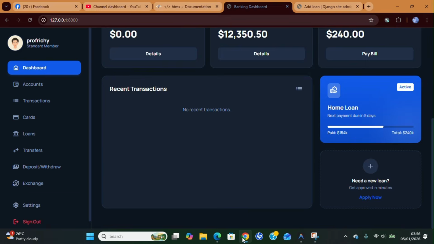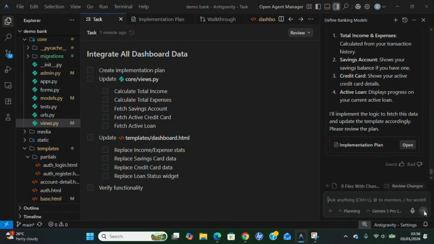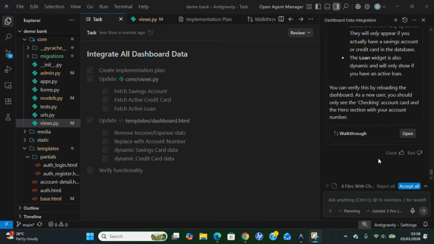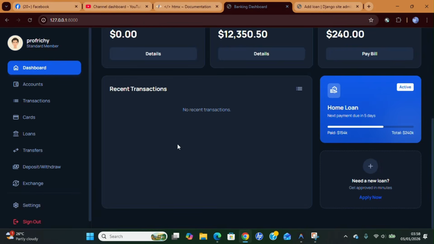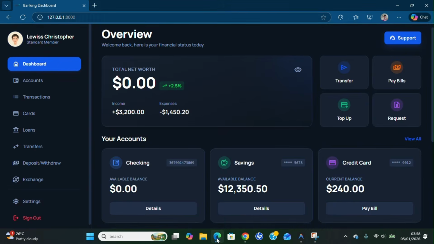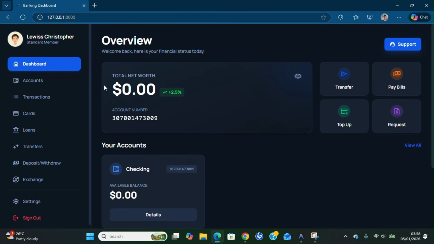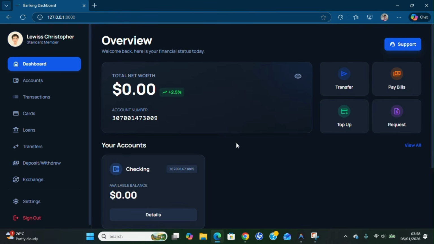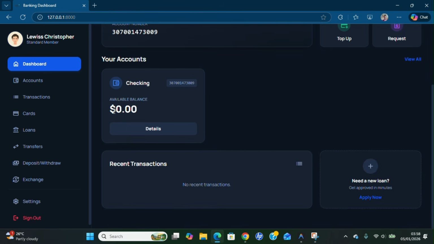So let's go back there and let's wait. Let's hope that it has done exactly what we wanted. So let's see. In fact, let's test it from the user account directly. Okay, so you can see it has done exactly what we told it to do. So this is our account number. This is the account balance for this particular account number, and I think this is the checking account number,